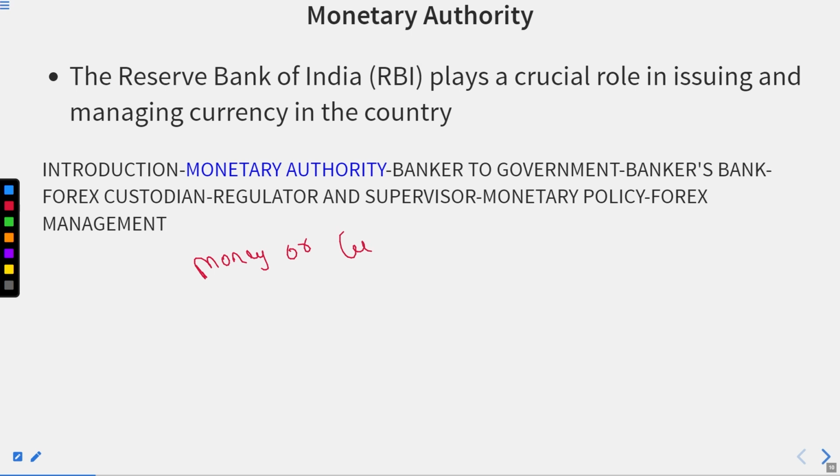The issuance of money or currency is handled by the Reserve Bank of India. It means that the Reserve Bank of India has the authority to issue the currency of all denominations in the country. But